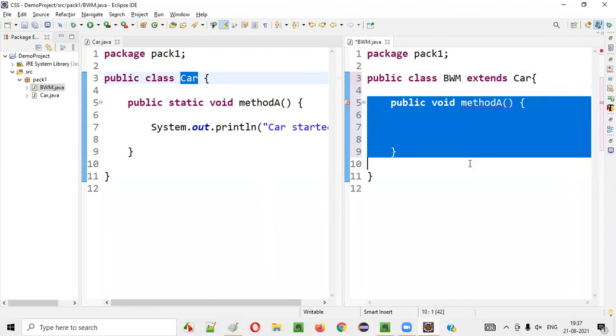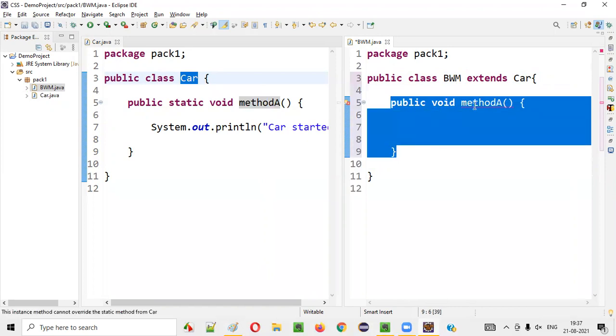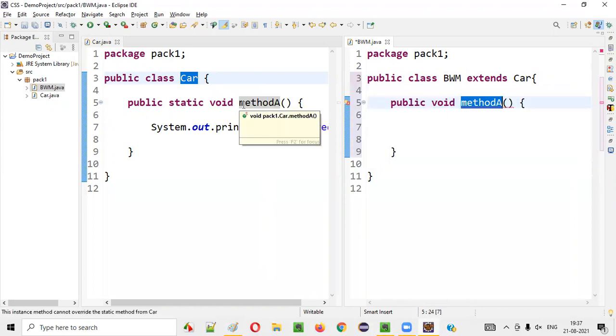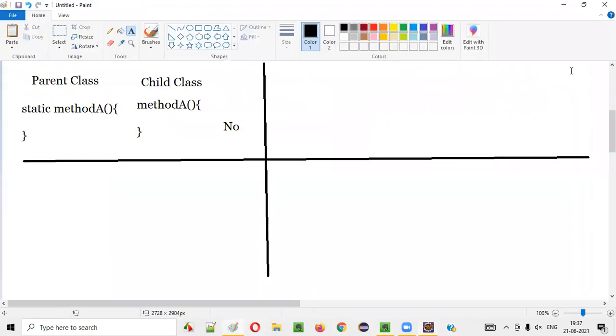It's not possible to create such a method in the child class having the same name as a static method in the parent class. This combination is not possible, guys.